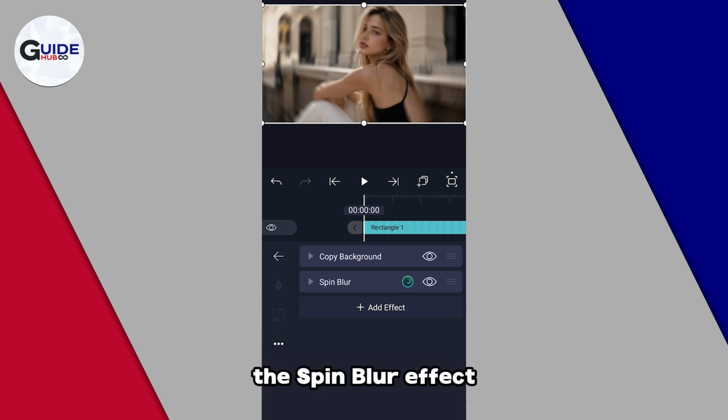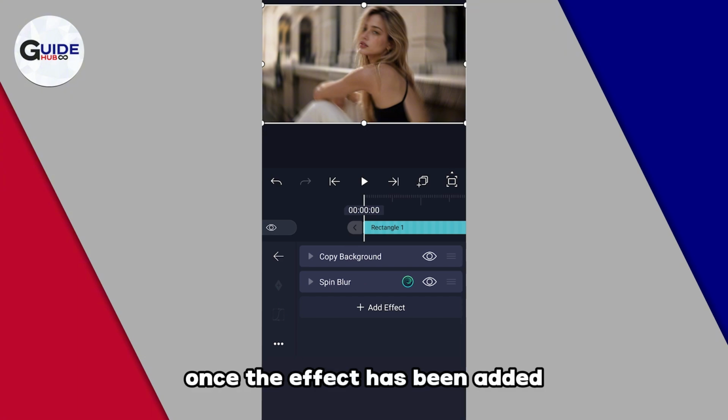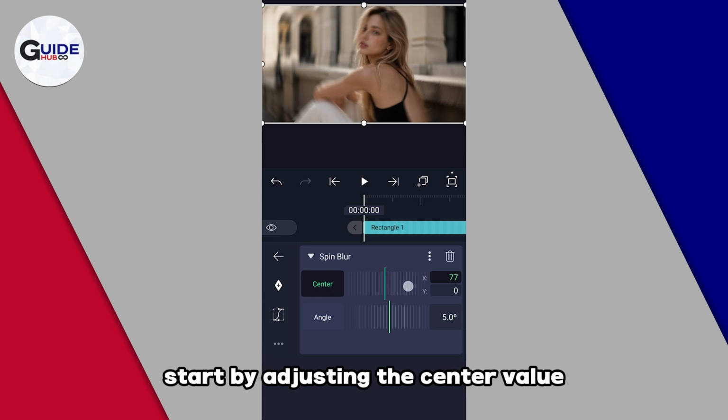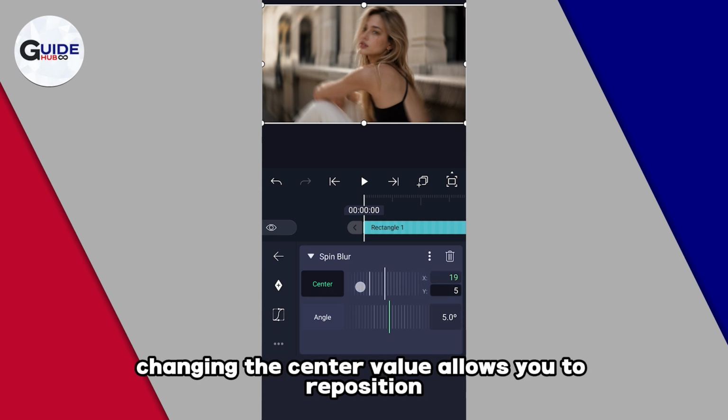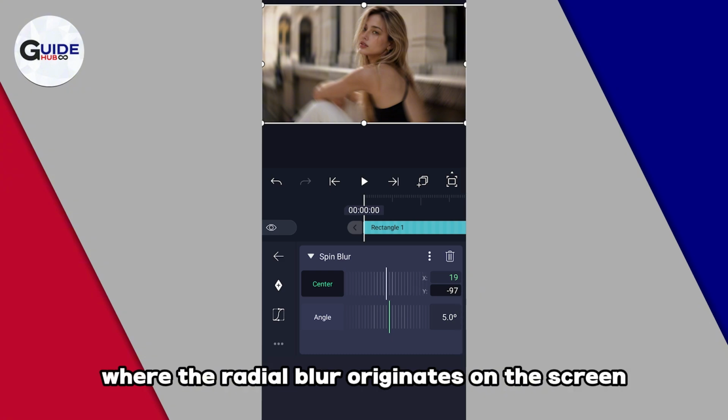The Spin Blur effect is used to create the radial blur appearance. Once the effect has been added, open the Spin Blur settings. Start by adjusting the center value. Changing the center value allows you to reposition the blur effect and control where the radial blur originates on the